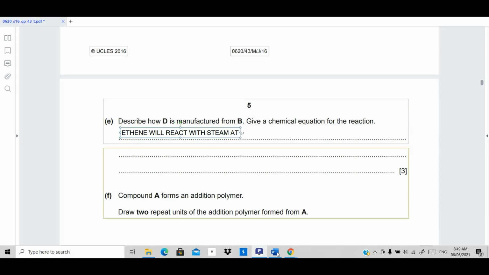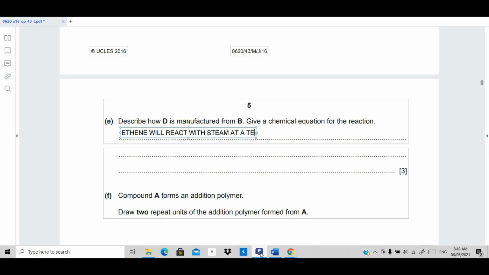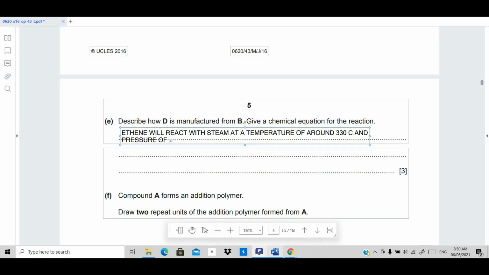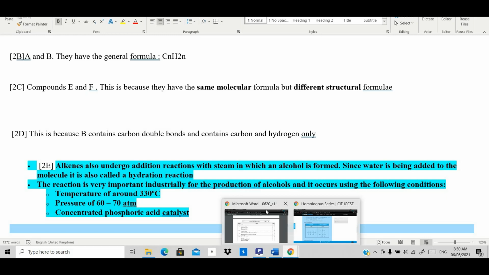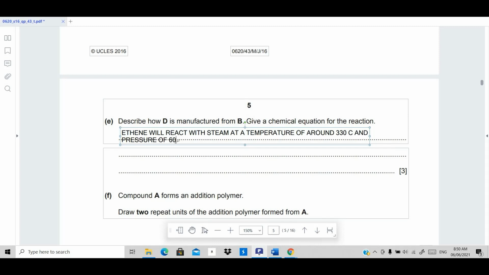at a temperature of around 330 Celsius, and a pressure of 60 to 70 atm, in the presence of